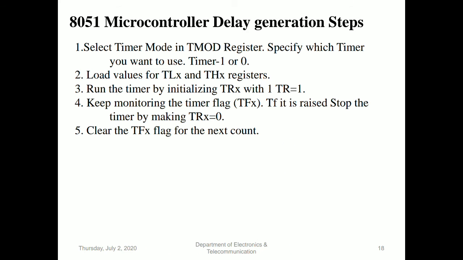See, suppose you want to generate a delay of 1 millisecond. The first condition is that your requirement is generation of a delay of 1 millisecond. So what needs to be analyzed from the controller side? You have to select the delay source, either internal oscillator pulses or external oscillator pulses. For generation of delay, the basic condition is that you have to select internal mode or external mode.